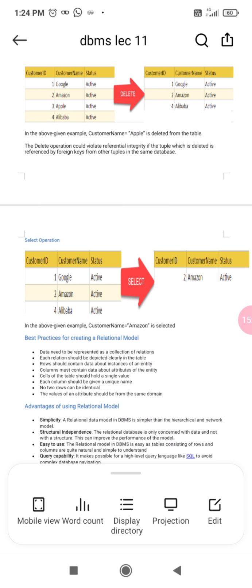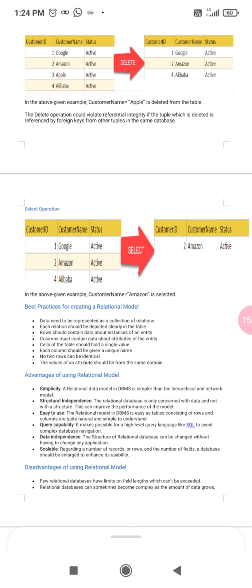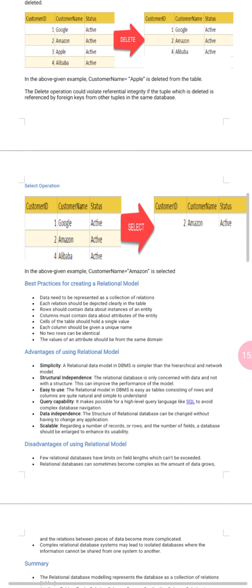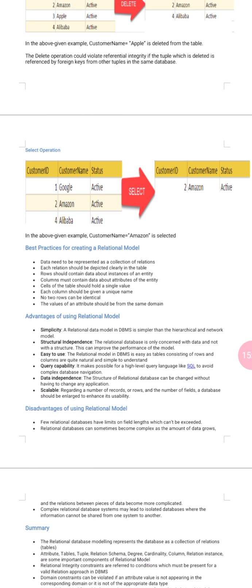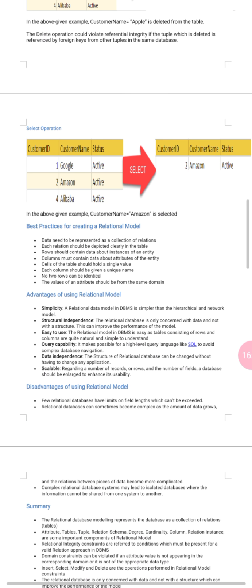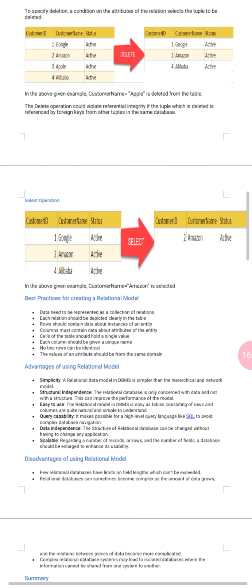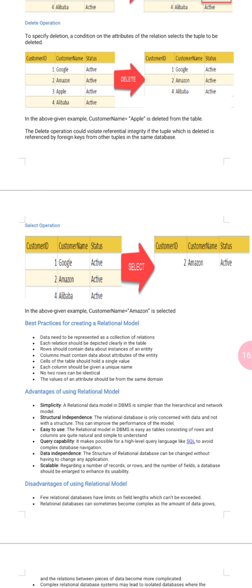Then the delete operation is used. In the above given example, customer name Apple is deleted from the table. The delete operation could violate referential integrity if the tuple which is deleted is referenced by foreign keys from other tables in the same database. Clear?